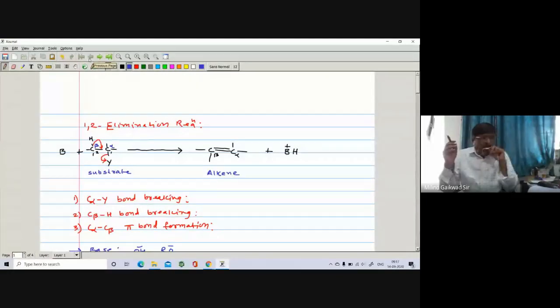So try to read books at your home. You can use the Manali publication book. You can use Organic Chemistry by Morrison and Boyd. You can use Organic Chemistry by Clayden. These books are very important books. As we learn in the class, at the same time, you have to read at your home. If you read once or twice, then your concept becomes clear. And when your concept becomes clear, then you'll find that this subject is very, very easy, right? So I think we should stop here, right?